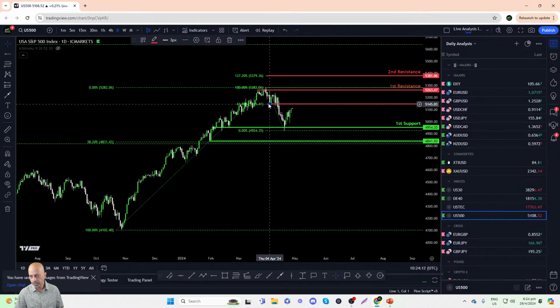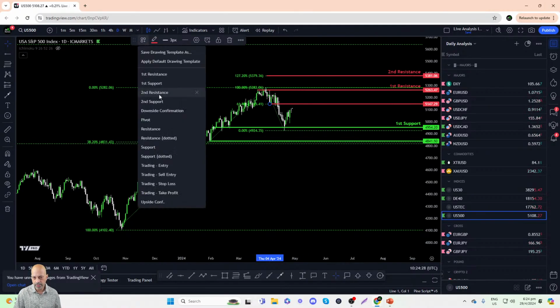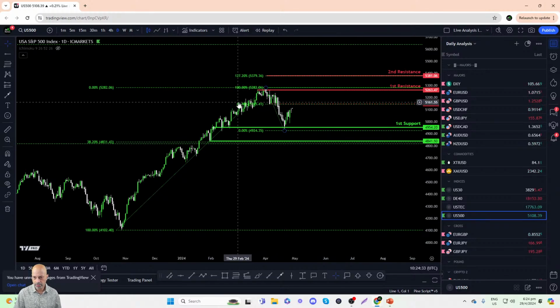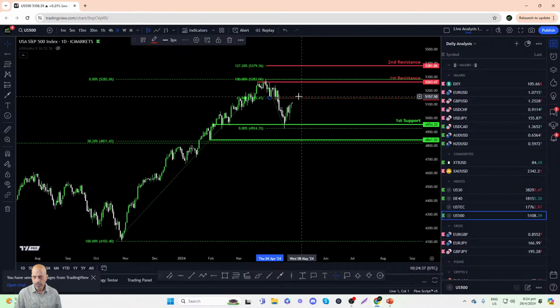You can see here that previously US 500 found pretty decent support on 3rd of April all the way till 11th of April, bouncing off this level several times. So previously this level was functioning as a pullback support. Now, of course, with price breaking underneath it and starting to rise up, this level could now potentially be an intermediate resistance, which also aligns very well with the 61.8% Fibonacci retracement. So take note, this is going to be a critical area for US 500.